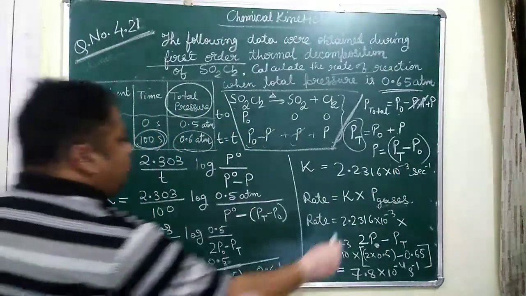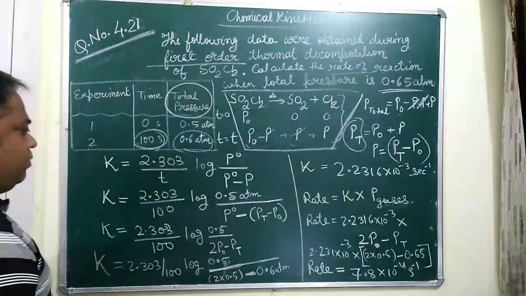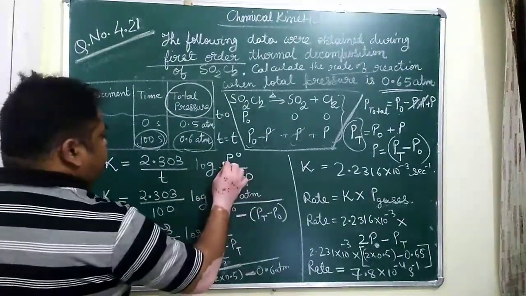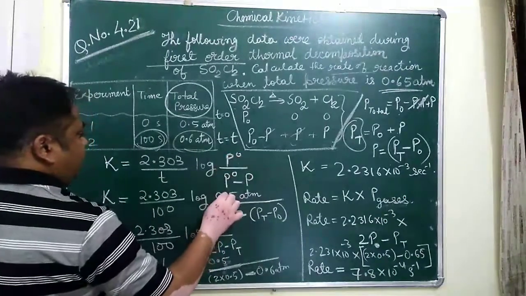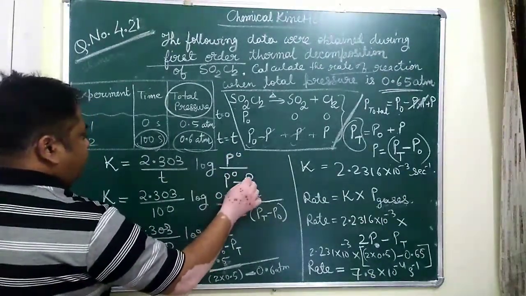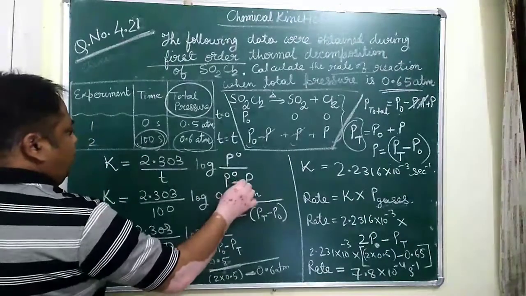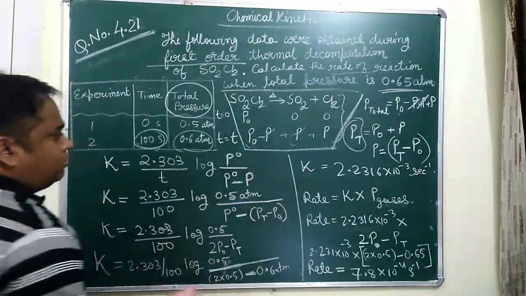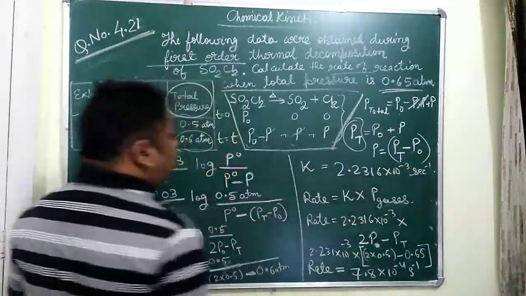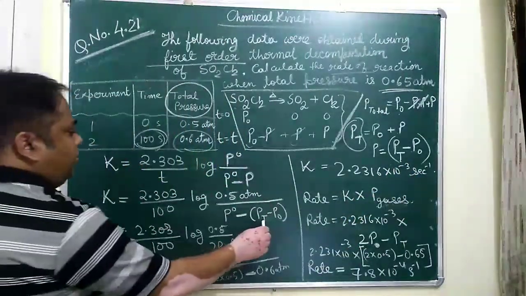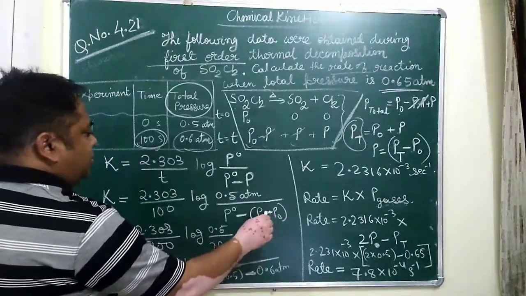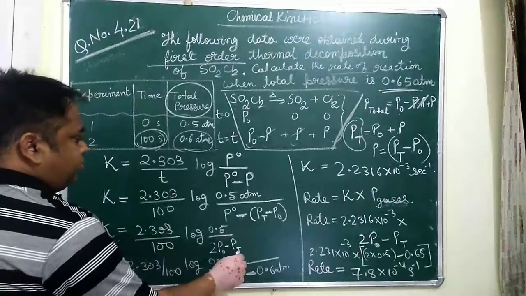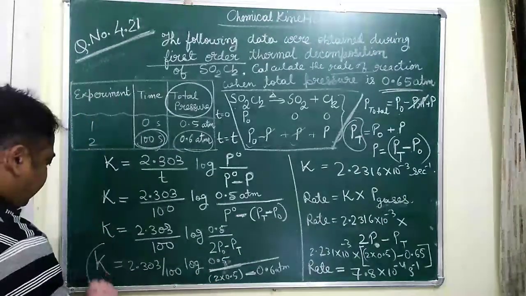Now the purpose of writing P equal to Pt minus P0 is that when we write the concentration, this is P0, and after P comes out, the amount of reactant left will be P initial minus P. This P is not known to us. It can be found out in terms of total pressure minus P initial. So we put total pressure minus P initial, and then this minus and this minus become plus. This will become 2P0 minus Pt. Same is the case when you find out K.